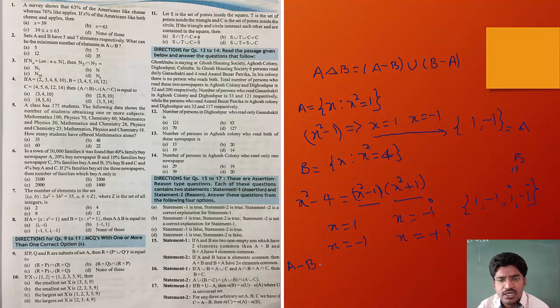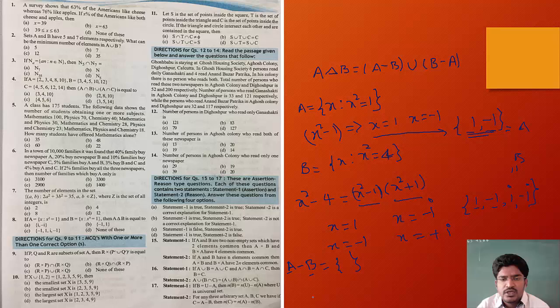A minus B, the element should be in A but not in B. So, in A you have 1 comma minus 1, in B you have 1 comma minus 1, i comma minus i. The element should be in A but not in B means, see, in B you have 1 and minus 1, in A you have 1 and minus 1, these are the common elements for A and B. So, the element should be in A but not in B. If you calculate that, these two elements are going to be cancelled and you are going to remain with